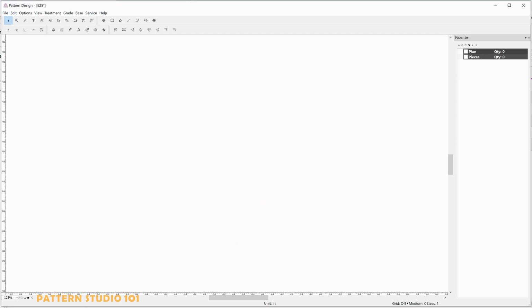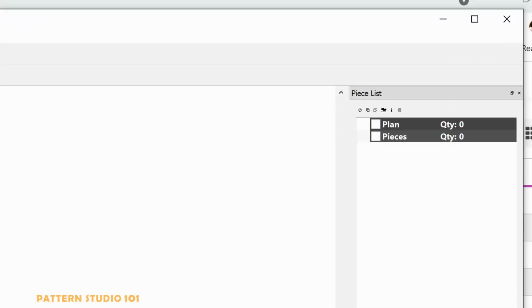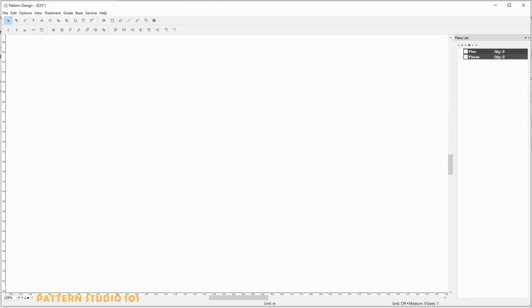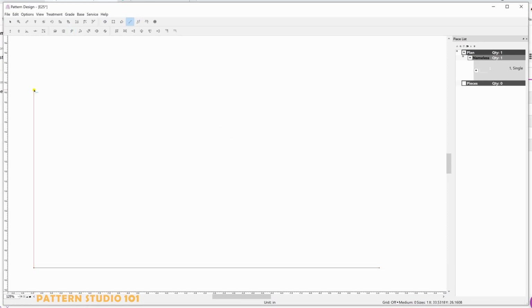What I want to show you today is that on the right side of the screen, there's a piece list. Under piece list, you see plan and pieces. Let's say you make skirt patterns from scratch. You start with guidelines and you draw a skirt.